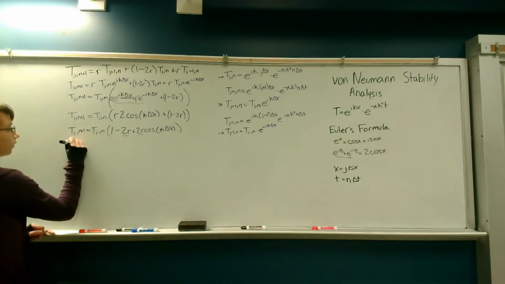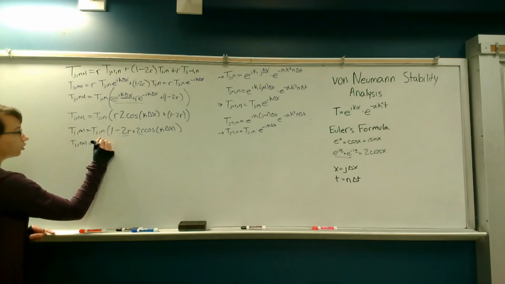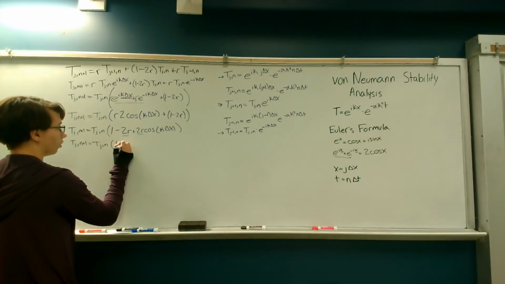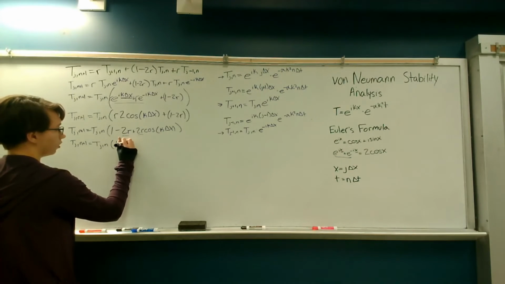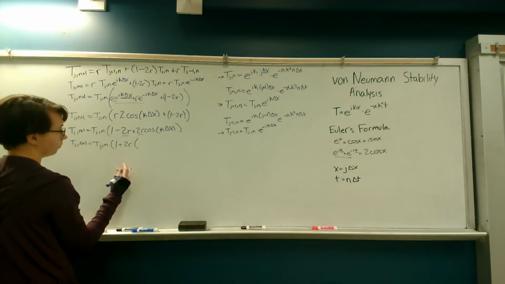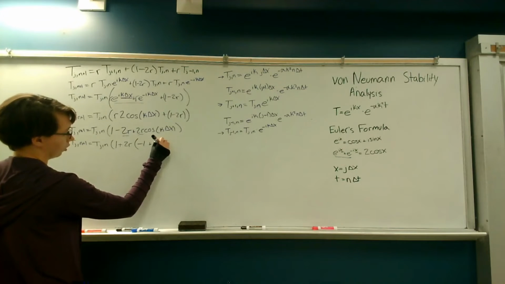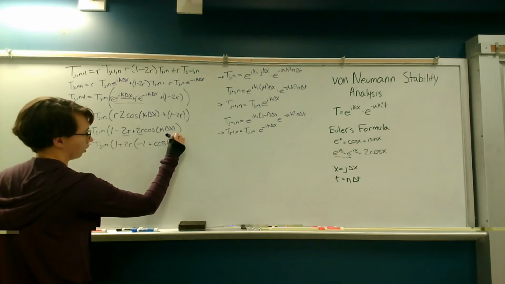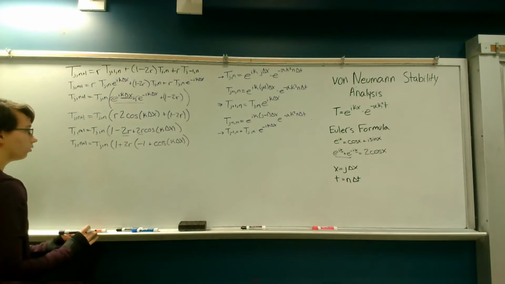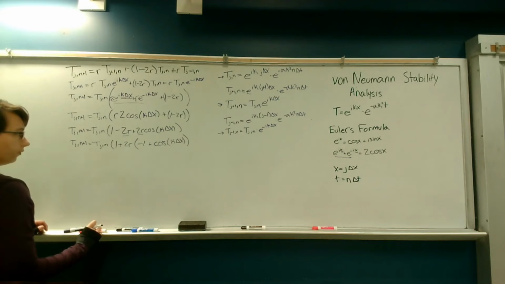So then we got T j n plus 1 is equal to T at j n times 1 minus 2r, so then plus 2r, and then we'll have negative 1 plus cosine of k delta x. So this is how we would factor that out. Alright, so at this point,